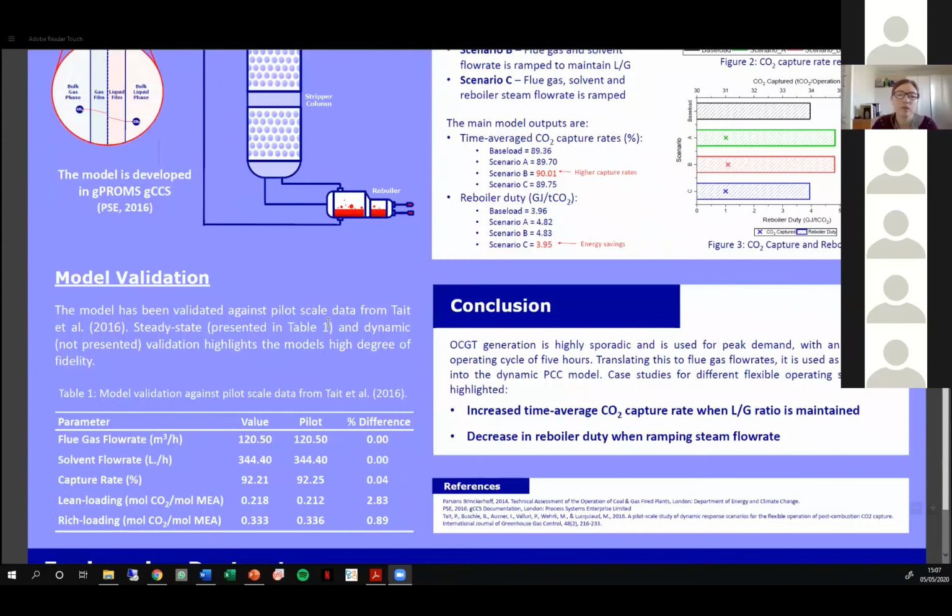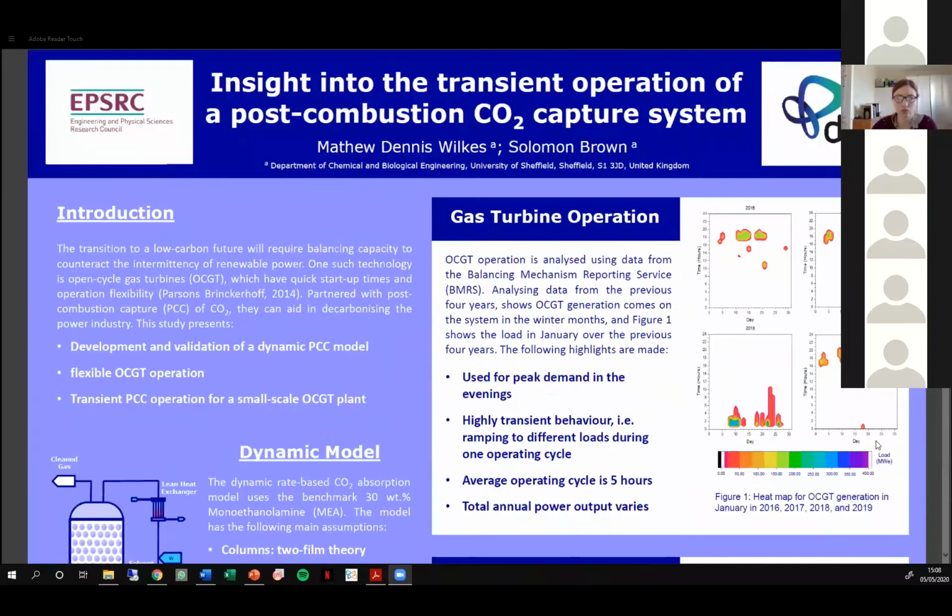But it was validated against steady state and dynamic pilot data from Tait et al. 2016, who presented flexible response scenarios for gas-based post-combustion capture. Only the steady state validation is shown here due to space constraints with the poster. But the model proved to accurately predict the key performance indicators of the process, with the capture rate only 0.04% out. The next stage was to look at OCGT operation, and I did this using the balancing mechanism reporting service,